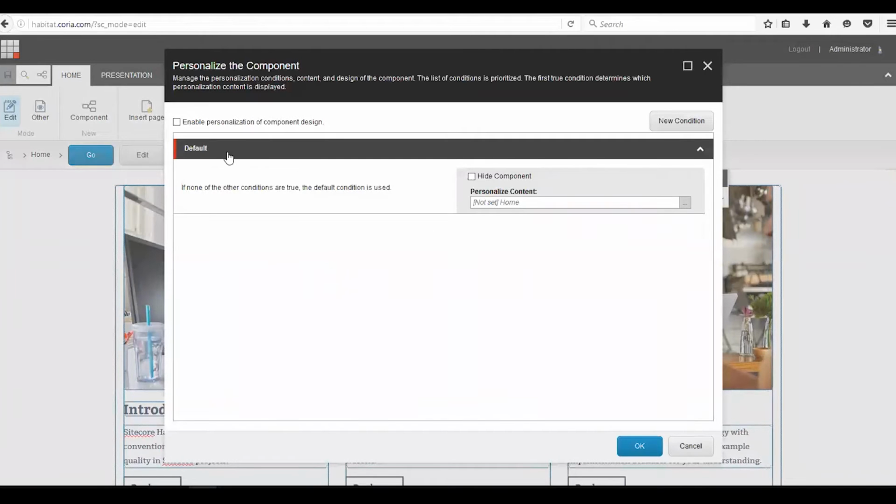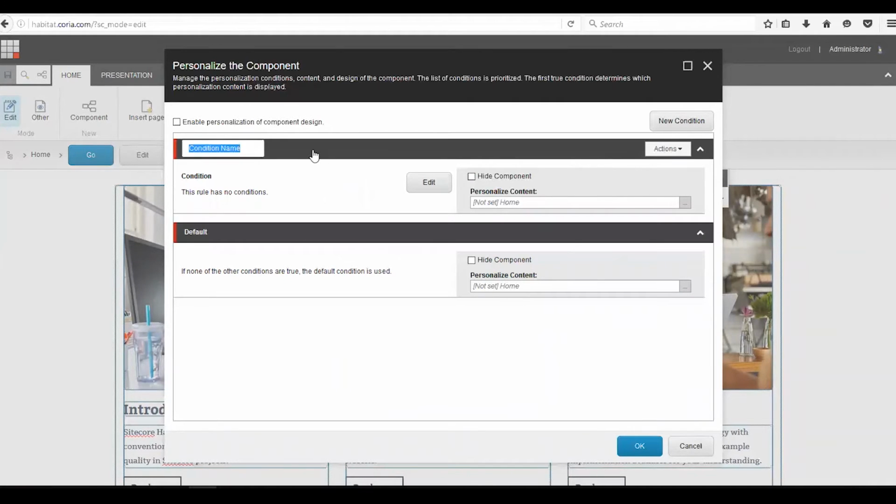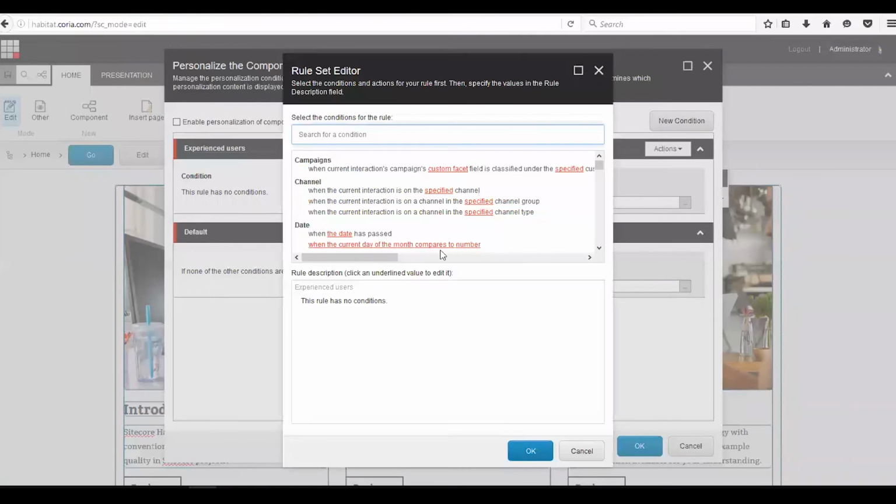We can see the default condition here, which basically does not do anything. It just displays this component. We can hide this component if we want to, but for the purpose of this demo, we are going to add a new condition. We'll say experienced users as condition name, and we go to edit. This is the screen where we set up personalization rules, which means, okay, I want to personalize this component, but